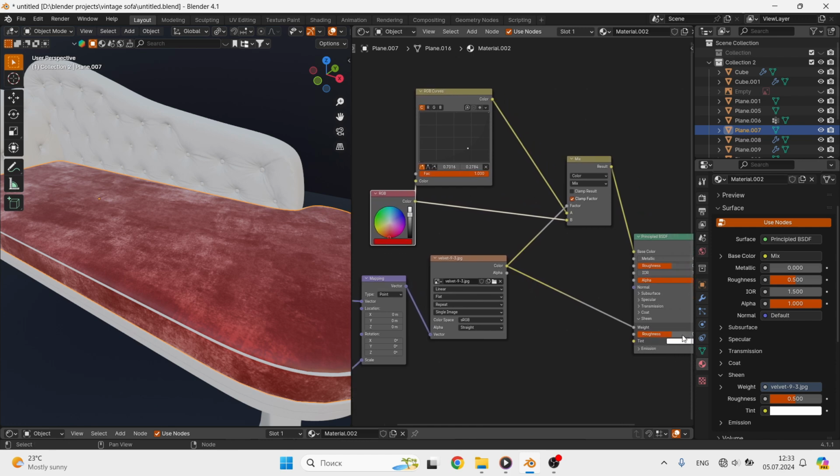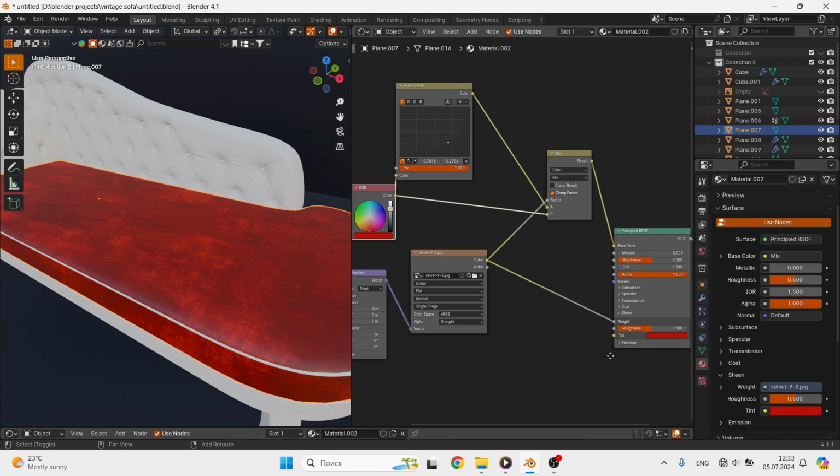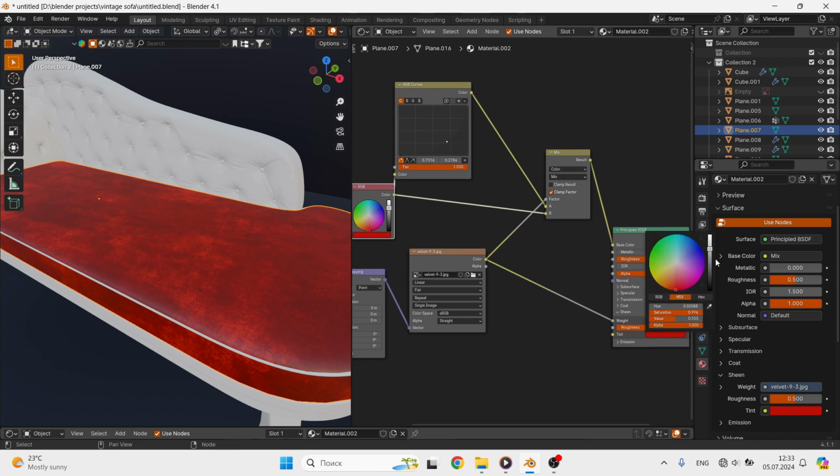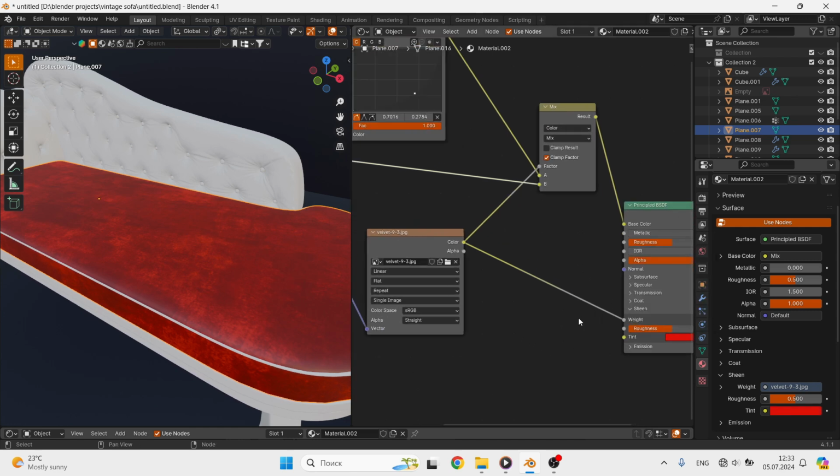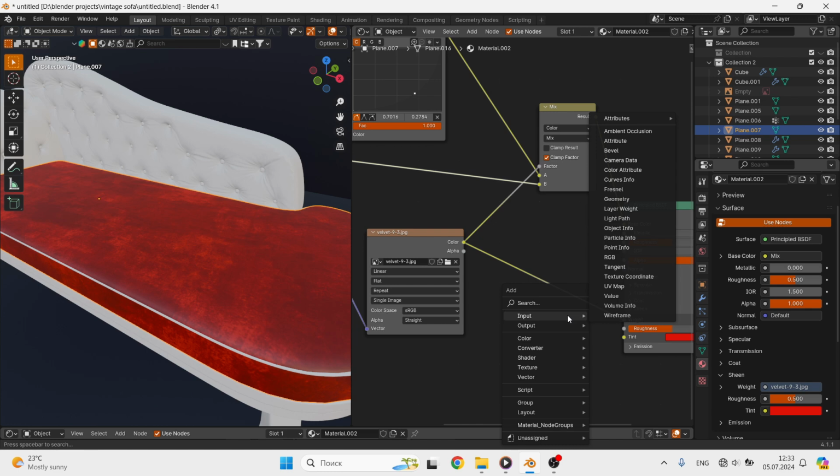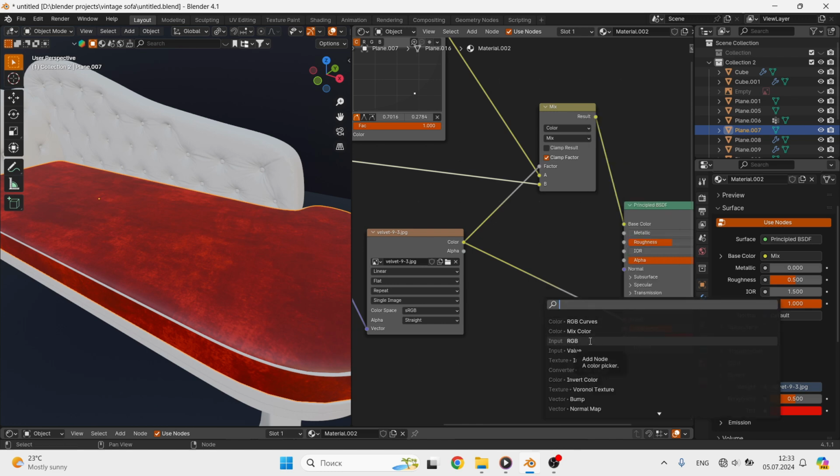Let's use the eyedropper, select the main red and make it lighter. The result is not particularly visible since the highest value of the texture is 1, this is white, and then we need to multiply it. For this we add the math node and change it to multiply and set the value to 8.